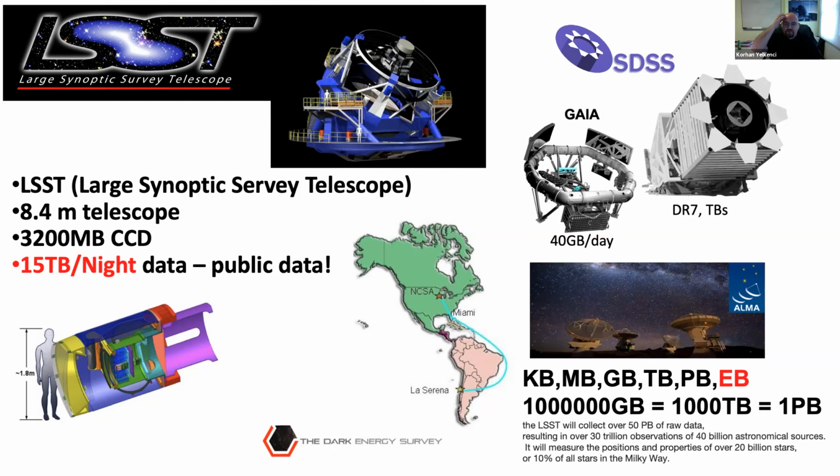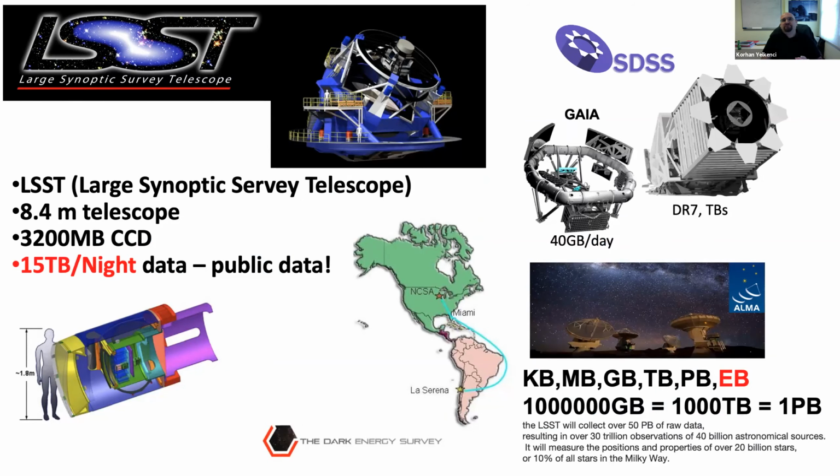And as you know, Gaia is already working on the stars, and it collects 40 gigabytes of data per day, and so on. Till now, SDSS also has terabytes of data, and also the Dark Energy Survey, to analyze and to store the whole data from the telescope that works in La Serena and sends all the data to NCSA in the United States. It's a fiber cable way to put the data in the United States and so on. So we need those kinds of things there.